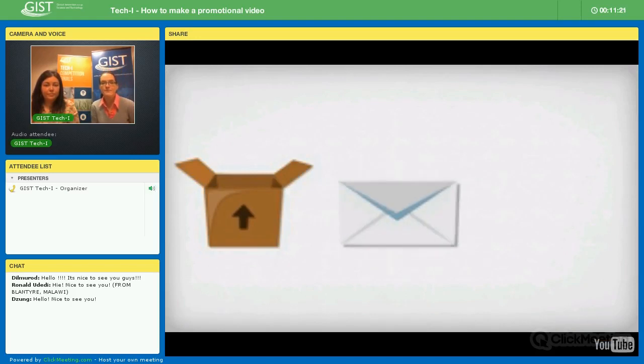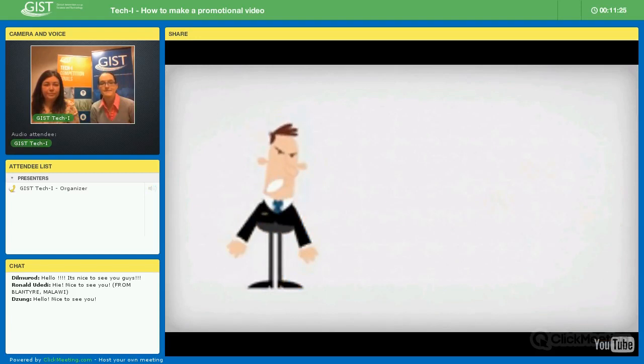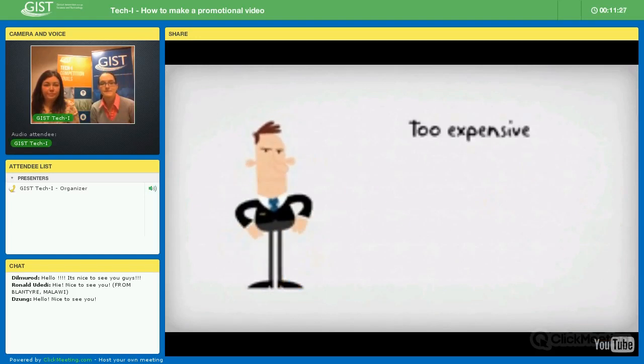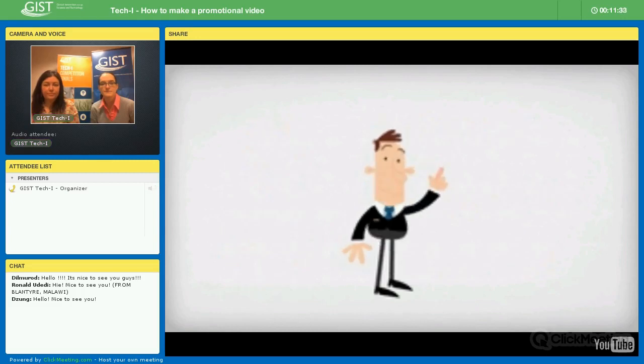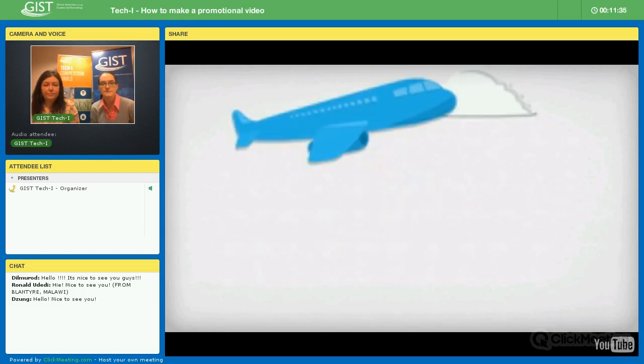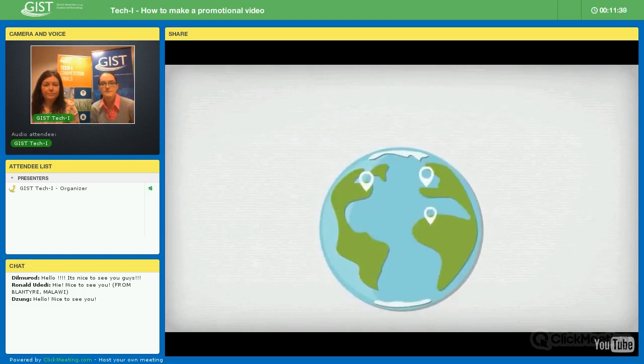So, you have an item to ship? That's when the problems begin. The existing solutions are either too expensive, with long-term delays, or not convenient. Let's think about it. People are traveling every day, right? There are maybe not so far from you.